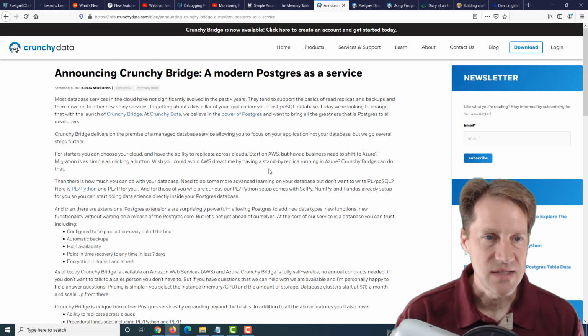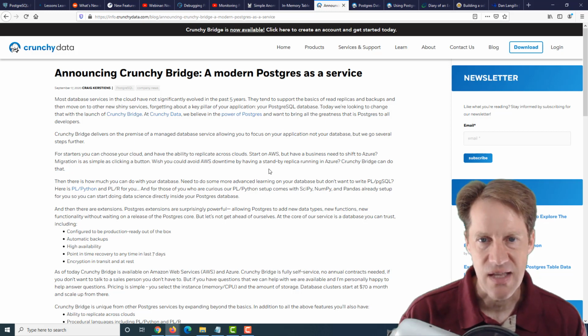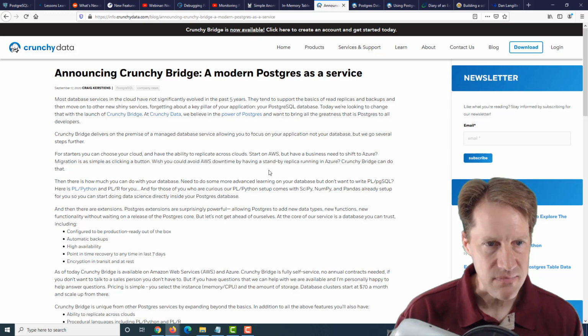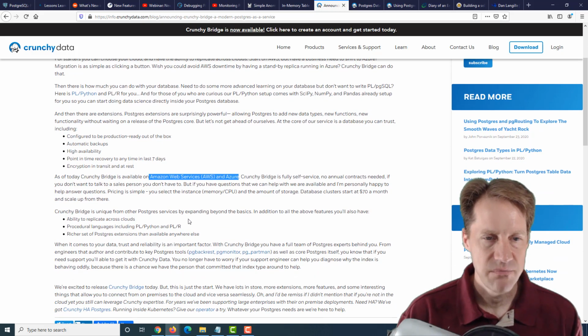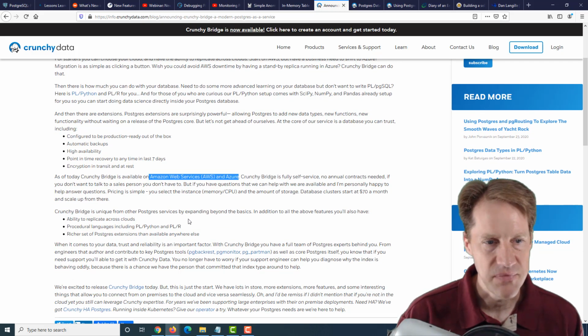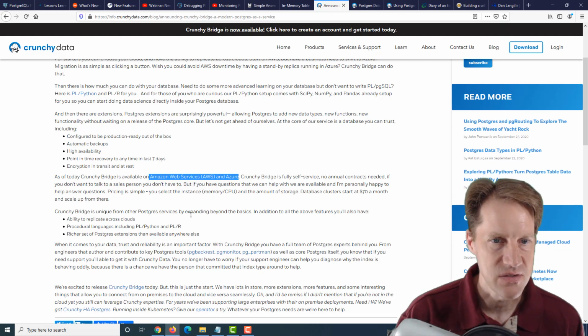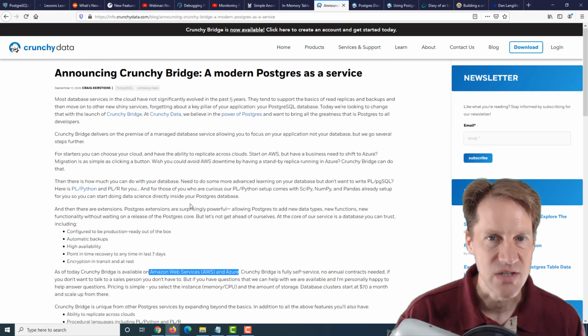The next piece of content is announcing Crunchy Bridge, a modern Postgres as a service. So crunchydata.com has released a service called Crunchy Bridge, which is a Postgres as a service that provides production-ready Postgres out of the box, does automated backups, high availability, point-in-time recovery, and then encryption in transit and at rest. This is supported on AWS and Azure right now. And they can basically work between different clouds if that's something of interest to you, or on-premise solutions. So if you're interested in a managed solution that is cloud agnostic, maybe you want to check out this solution